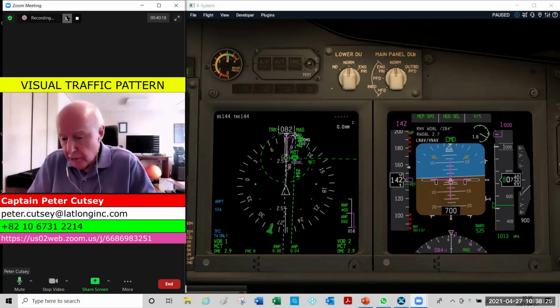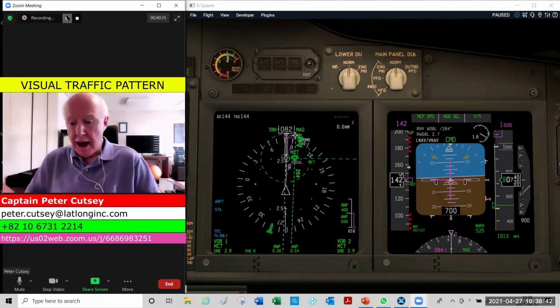And if you notice our radio altitude, we're 700 feet above the ground, right bang on, according to the FCTM. And our rate of descent around here is approximately 850 feet per minute. So we're looking good. This is how to fly a visual traffic pattern. I'm going to conclude it here because I can't fly it manually to the threshold, but this maneuver is a